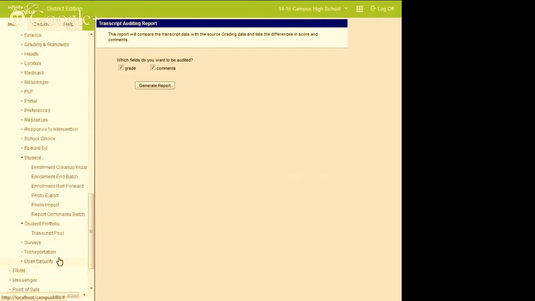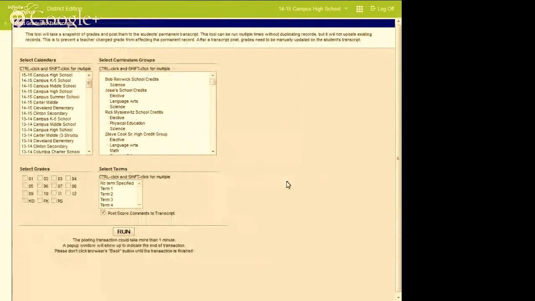So, let me just make sure I'm understanding your question. This is the post grades to transcript where I could run it for multiple schools or one, but I would basically take all of the credits, all the grade levels I want, and hit run. It's going to look at the semester submitted grades by the teachers, and it's going to post them to their permanent record. If I run a GPA report off that, this is where it's looking, at their recent transcript. At the end of the year, as long as, and I assume you do, you update the transcript or do another post, then it's going to look at the end of the year Final information to calculate that.